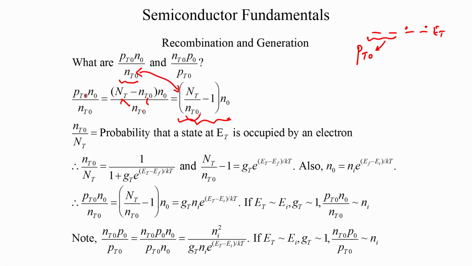Now, let us take the reciprocal of this term, which is N T0 by capital NT. What is N T0 by capital NT? So, you have the trap states here, you have some of them that are filled with electrons, and this concentration is N T0 at equilibrium, and this total number is capital NT. So, what is N T0 by NT? It is the probability that the states at ET are filled with electrons, it is a measure of that probability,